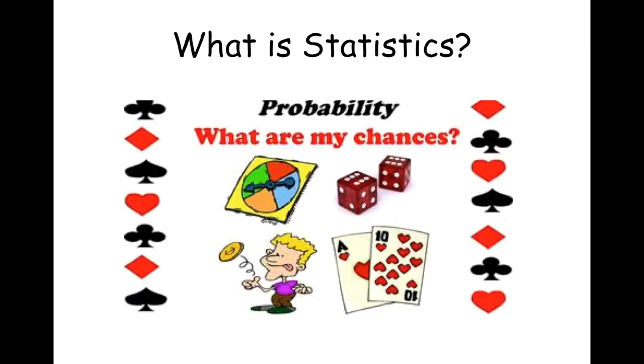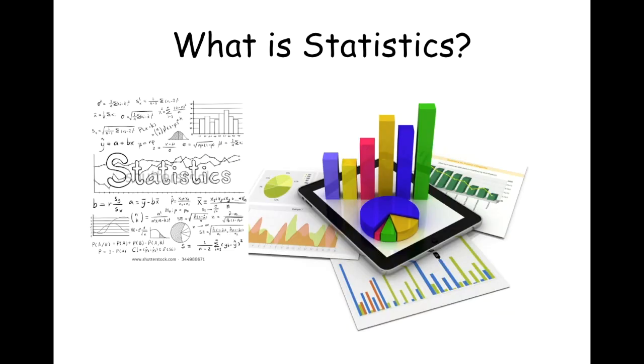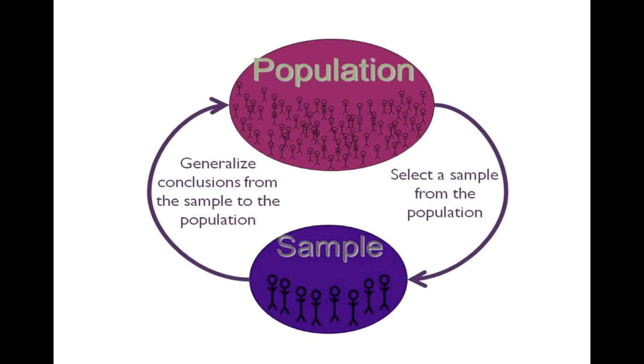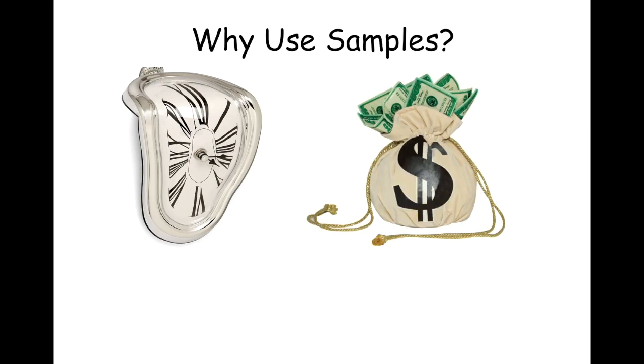Statistics is a branch of mathematics based on probability. In the context of research, it can be thought of as a tool to help researchers make decisions in the face of uncertainty by basing these decisions on probability. Researchers study phenomena by gathering data from samples drawn from a population of interest, and then generalizing from those samples back to the population. They don't study the entire population because it's usually not feasible, due to time, cost, or